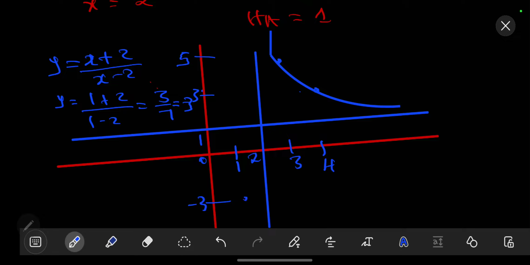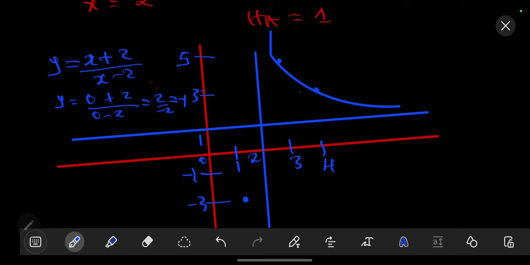So it will be (1, -3), which is there. And also, let's say now I use 0, so I'll have coordinates such as: we have 0 plus 2 over 0 minus 2, which is 2 over negative 2, which is equal to negative 1. So I'm going to find that as I go to 0, it will be passing at the point which is equal to